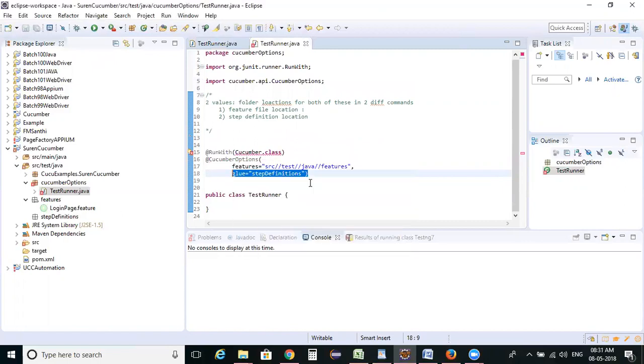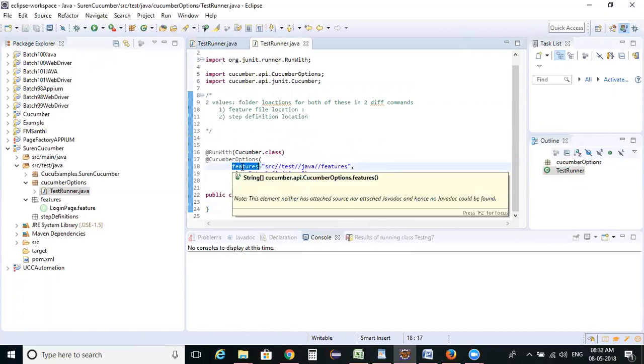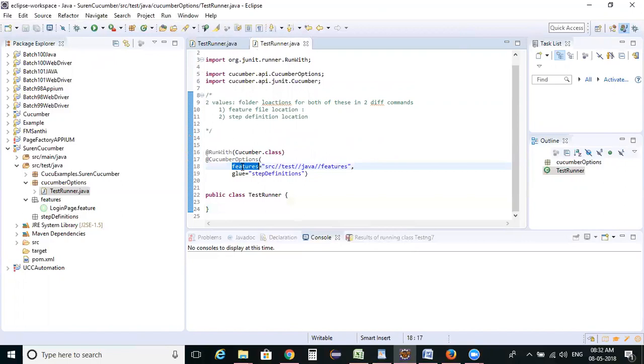I just imported these Cucumber related packages, and here in features I would like to specify the feature file location. If you observe clearly, it is under src/test/java, and the feature files are inside a features package. So I specified the feature files location.